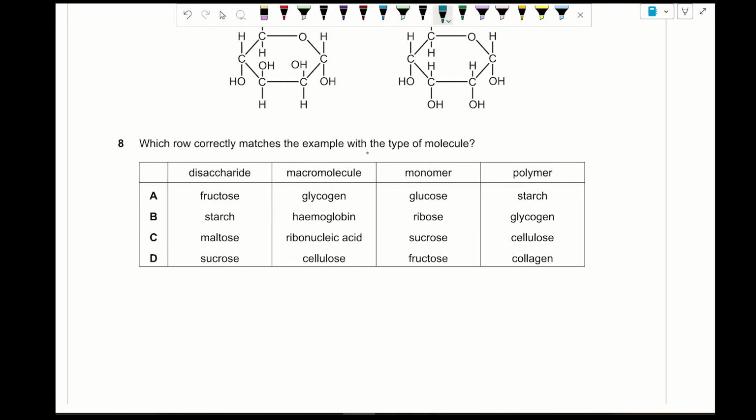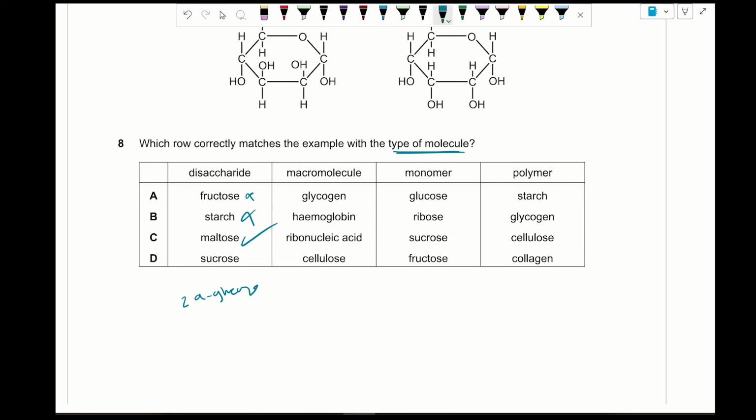8. Which row correctly matches the example with the type of molecule? So disaccharide. Disaccharide is made of two monomers joined together by a glycosidic bond in a condensation reaction. So fructose is a monosaccharide made of one monomer, therefore this is incorrect. Starch is a polysaccharide consisting of many glycosidic bonds formed in a condensation reaction, so this is incorrect. C. So maltose is a disaccharide consisting of two alpha glucose monomers joined together by a glycosidic bond, so this